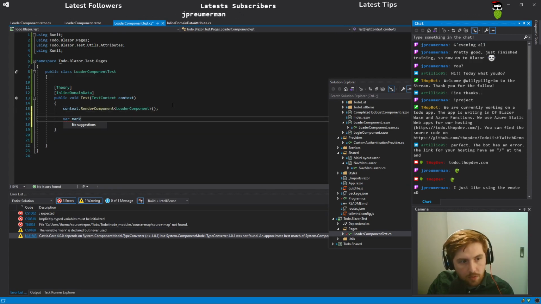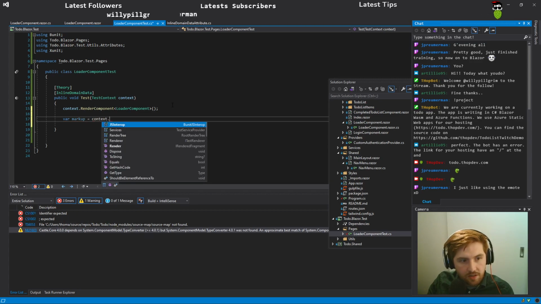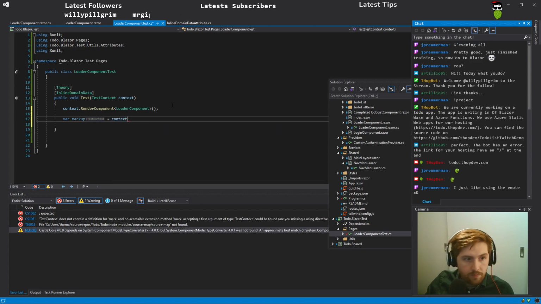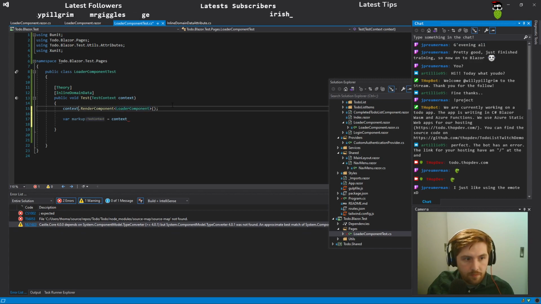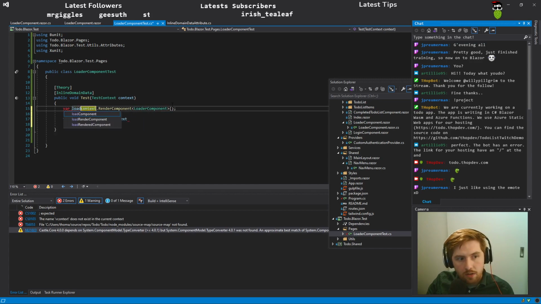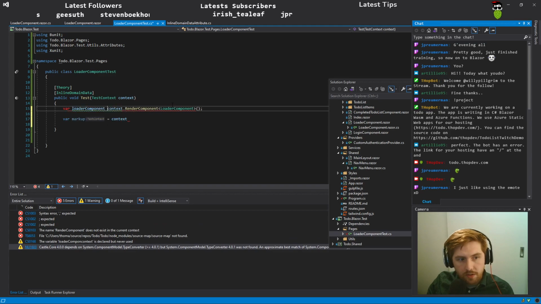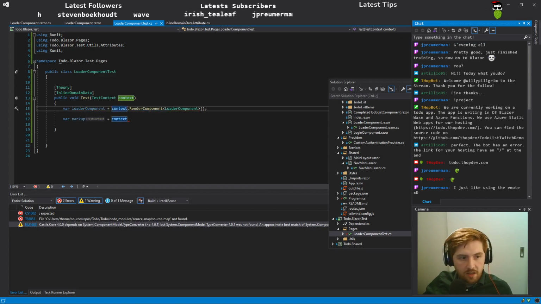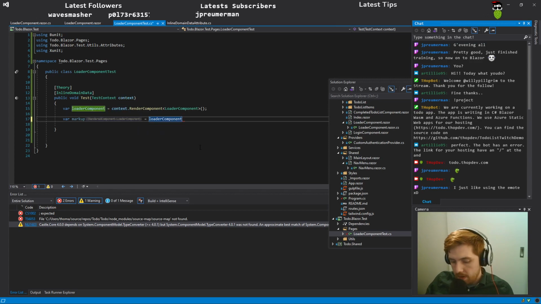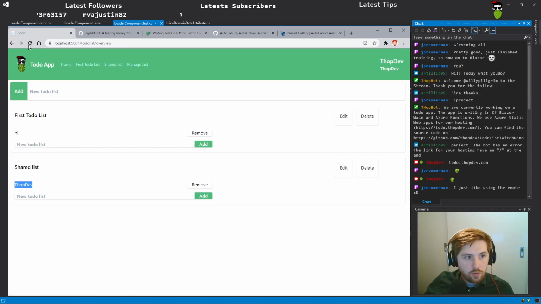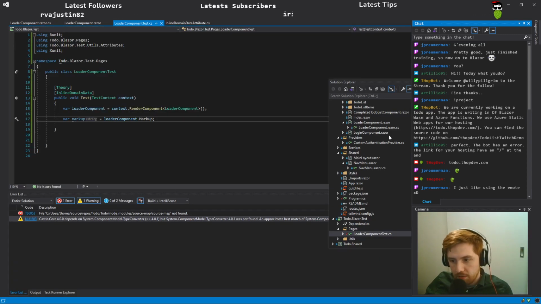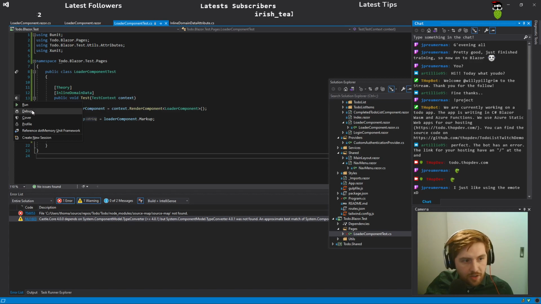So var markup equals context dot loader component. Of course, the context doesn't keep the dot markup. Cool. I don't have to. I just have to debug,